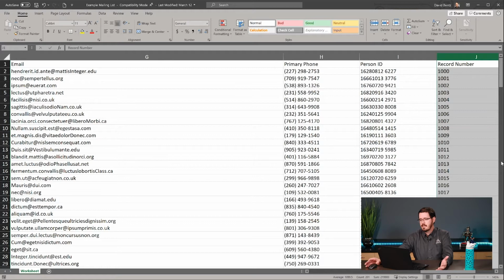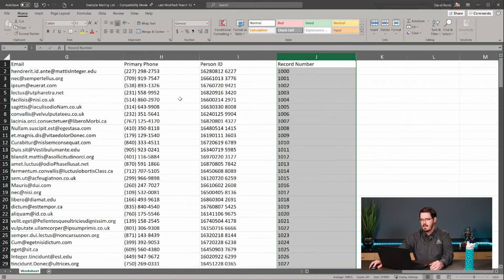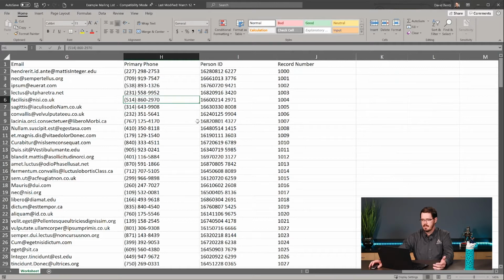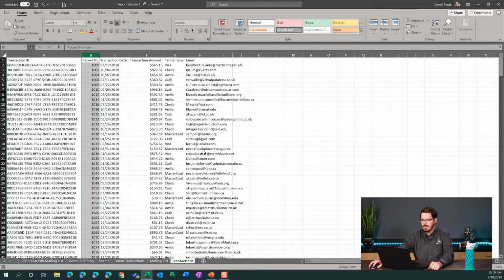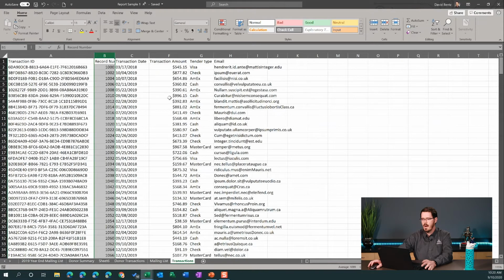So I want to take these two lists of data that I've got that are messy, it's pretty hard to read, there's a ton of data in columns here, and I want to be able to do something useful with it. So the first thing that I want to do is copy both of those worksheets into a third worksheet. Now this isn't totally required because I can use formulas to go across workbooks, but